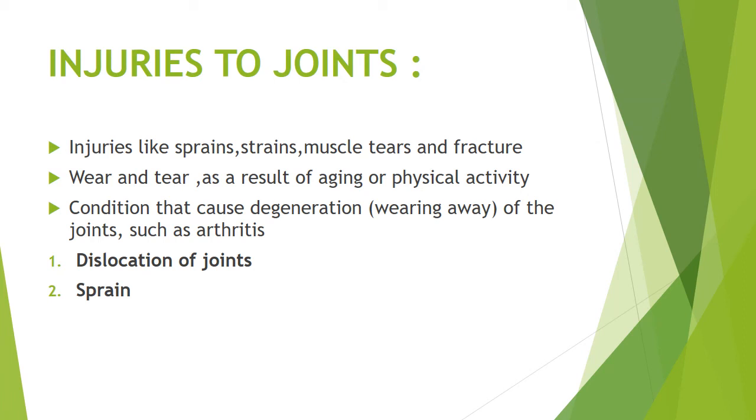Injuries to joints. Okay students, basically 50% of joint injuries are because of any high energy forced accident, or 20% because of aging or any sport activity. So students, the sudden impact or the torsion to the side of the joint can be devastating. Sometimes the joint is fractured and sometimes a joint slips out of its place. So students, here we discuss only two joint injuries. Number one, dislocation of joints, and number two, sprain.